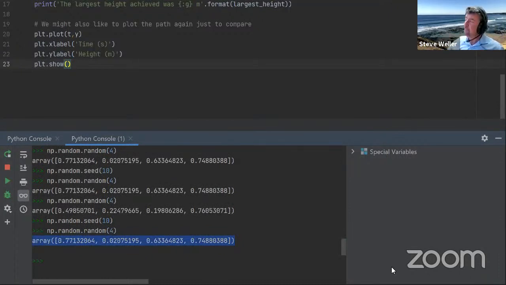It might seem a bit funny that I'm focusing on generating repeatable sets of random numbers when the whole point of randomness is to be non-repeatable, but for debugging, it's super useful.